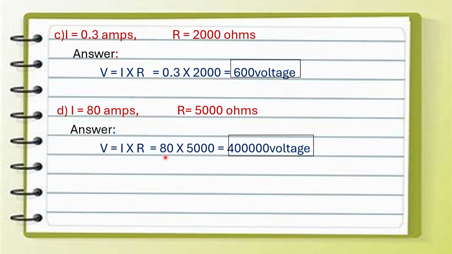So just multiply 8 and 5. That is 40. Now we have 4 zeros. So just add those 4 zeros to the end of this number. So the answer is 40000